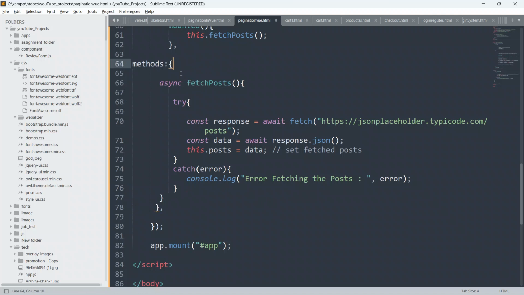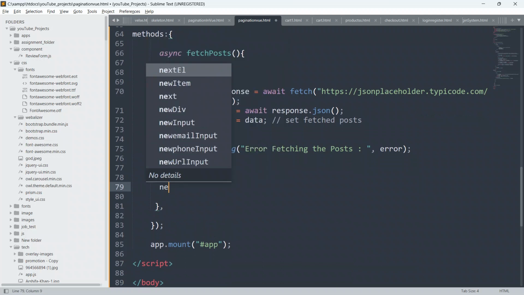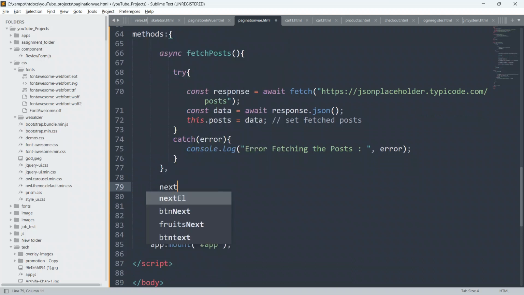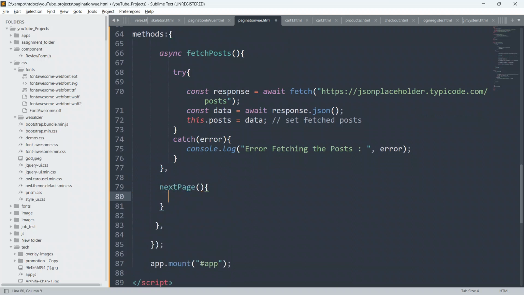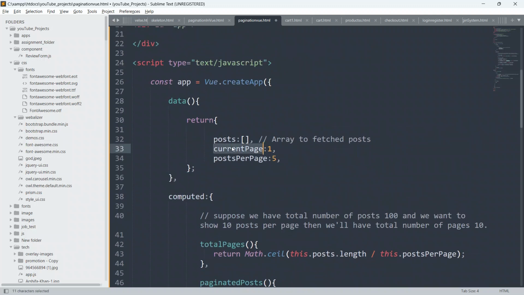So now put a comma here, and now we have to create the functions next page and previous page also. So I'll just create a method and say nextPage, put parentheses, and I'll say that if this.currentPage.